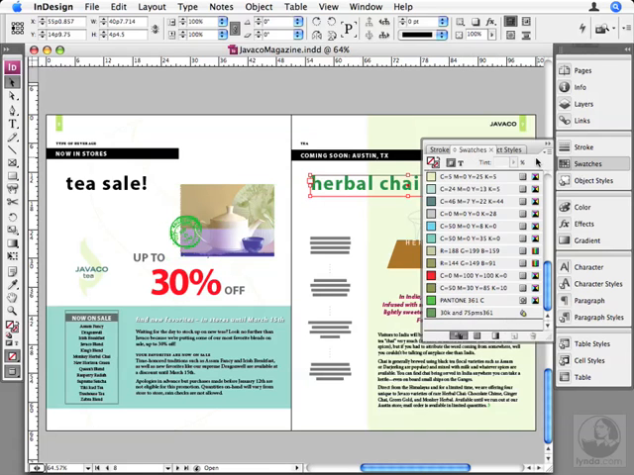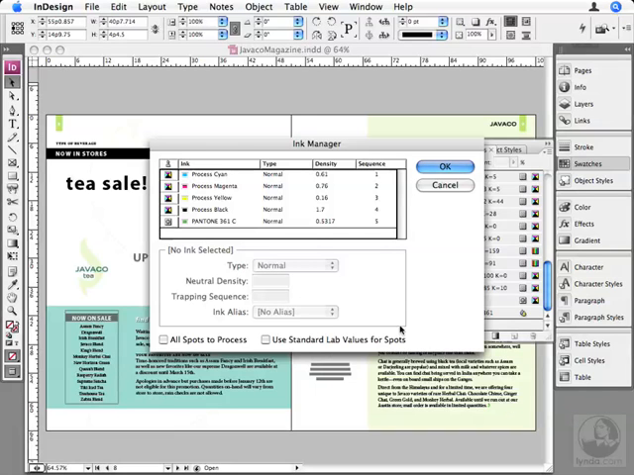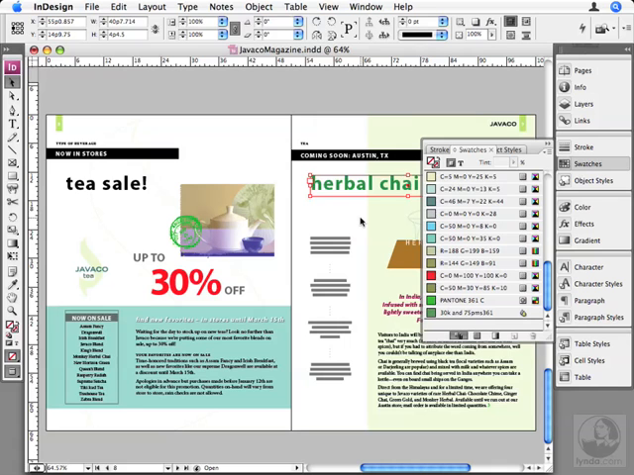Before I go any farther, I want to point out one more time the Ink Manager, which you can find in several places, including in the flyout menu of the Swatches panel. Inside Ink Manager, I want to check this carefully, and I want to turn on Use Standard Lab Value for Spots. That way, I'll get more accurate preview of my color on screen and when I print to a color printer. I could also convert my spots to process colors here by turning on All Spots to Process, or by clicking on the little icon to the left of the name. That changes that color to a process color. But in this case, I don't want to do that. I want to maintain my Pantone color, click OK,